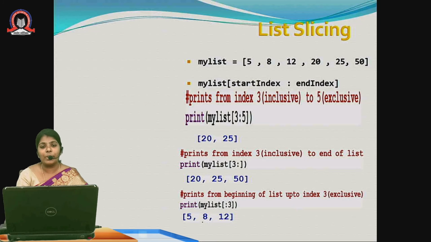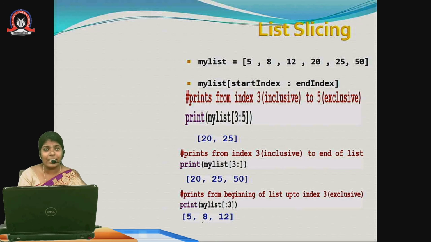For example, my list equals 5, 8, 12, 20, 25, 50. I don't want all the numbers, I want only specific ones, so I give 3:5. At the third index 20 is there, and at the fifth index 50 is there, so it will print 20, 25, 50.